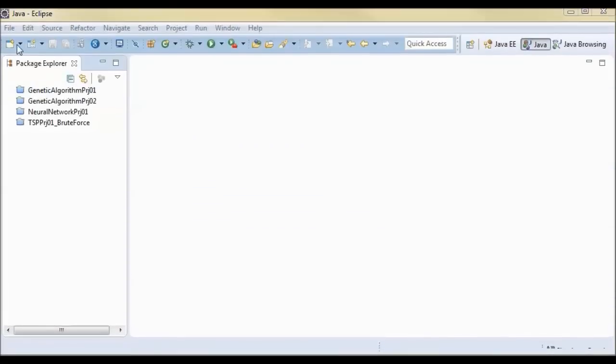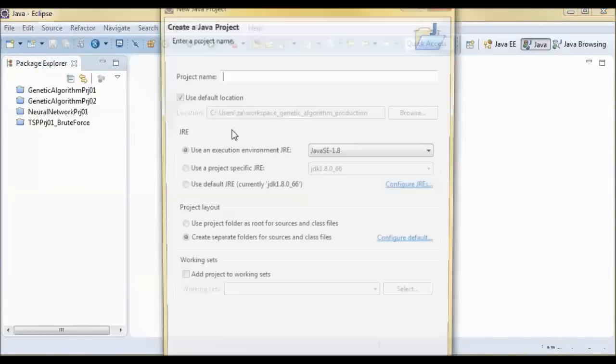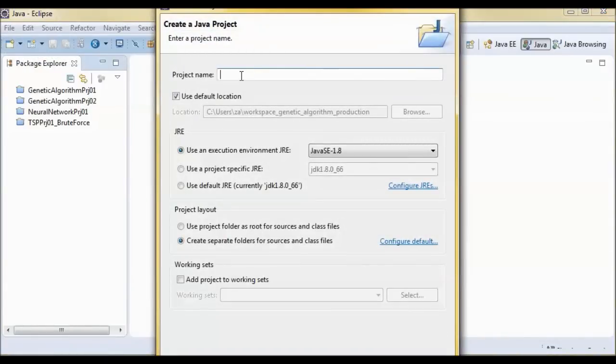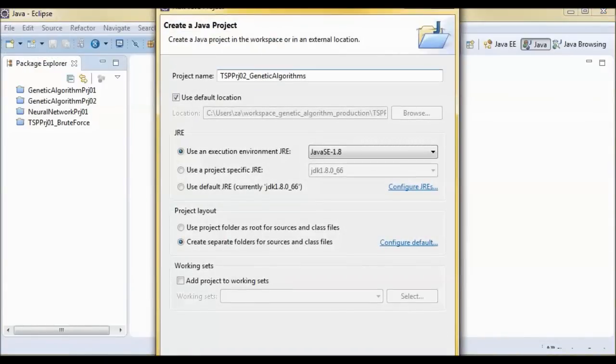Next, let's go ahead and create a new project. It will be running on Java 8.